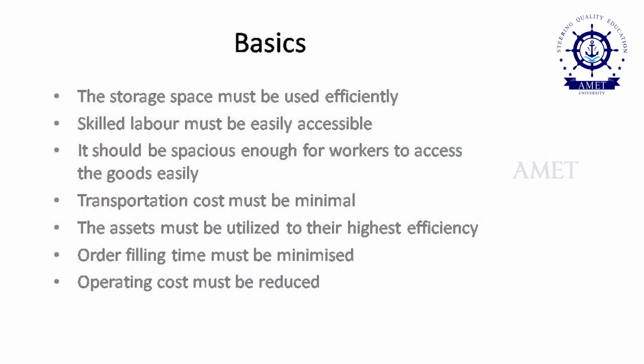Then operating cost must be reduced. The operating cost is one of the biggest criteria for any product. If you look at, say, Coca-Cola, the tin of Coca-Cola costs only 99 paise, but if you look at the storage, the container, where it has been stored, how it has been shipped, how many brokers are involved and how many vehicles are involved, how we are transporting, all these things keep adding and finally end up at 20 rupees or 30 rupees.